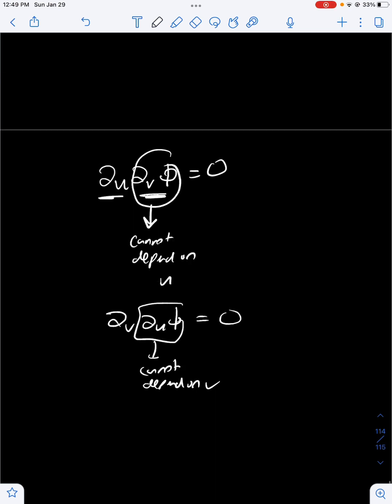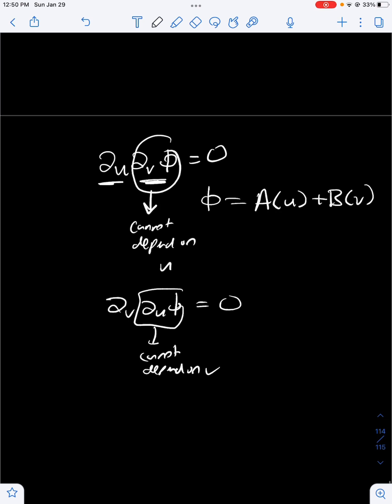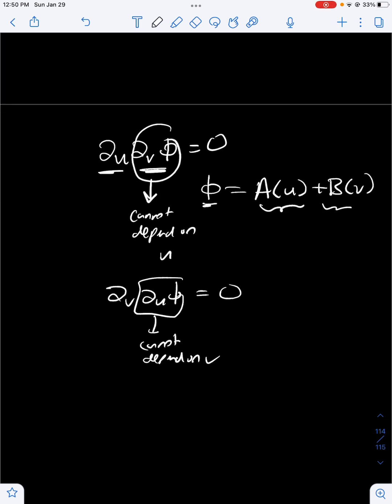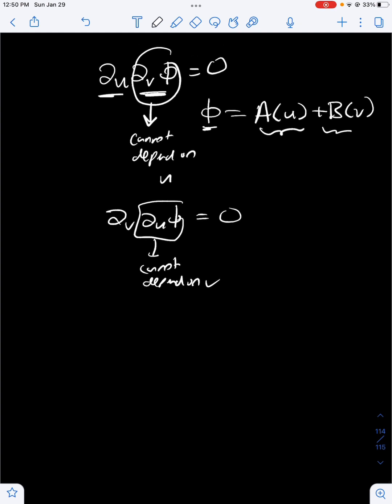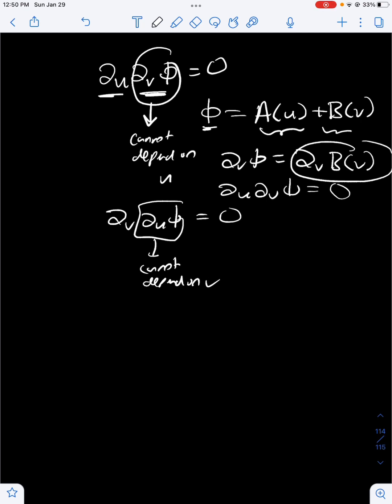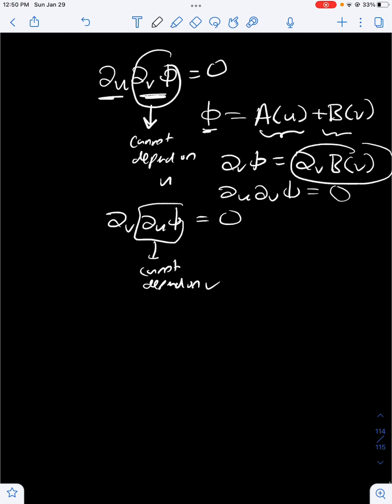So this means that our function phi can be written as a of u plus b of v. So we're separating our function into two parts, but instead of them being multiplied together like for the other case, they're being added together. And this makes sense because partial v of that would then just be partial v of b of v, and then partial u of that would give us 0, since this cannot depend on u by definition. So we can separate our function into two functions that are added like this, and that is the solution to